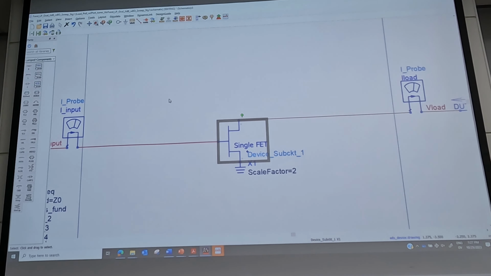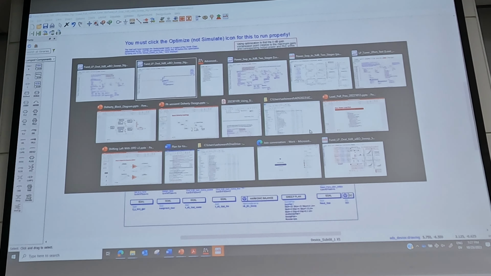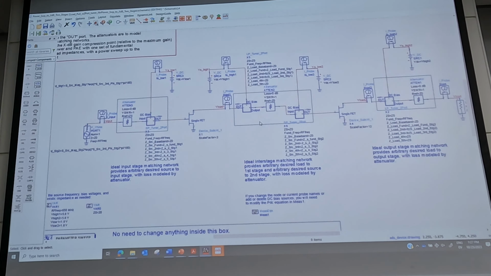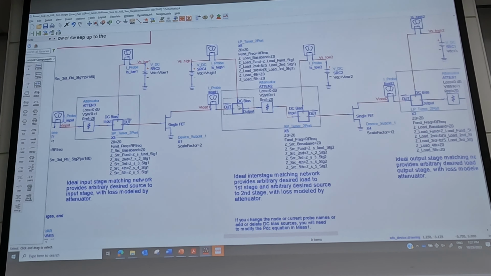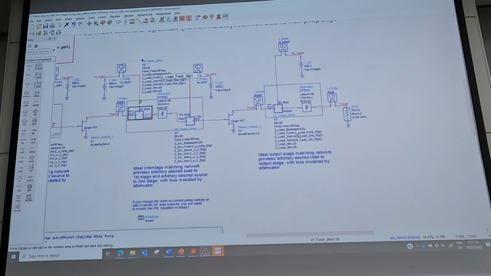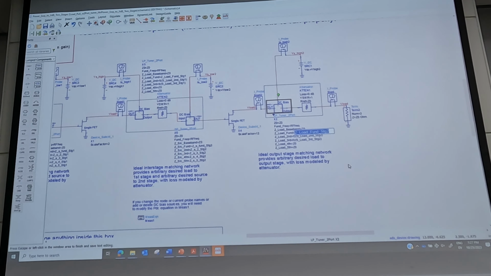So I ran a separate load pull for each stage, and then in this one, I can set the load here to be the optimal for the first stage, and I can set the load here for the second stage to be optimal for the second stage. So the number you get from the previous stage, the result, is it automatic or manual?